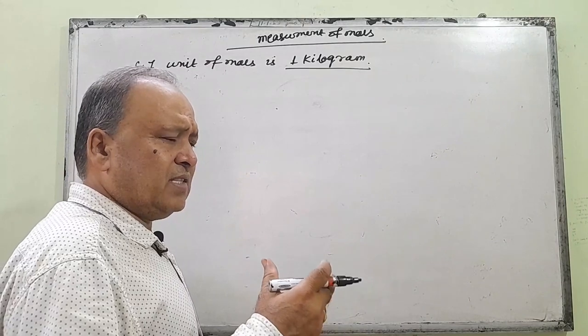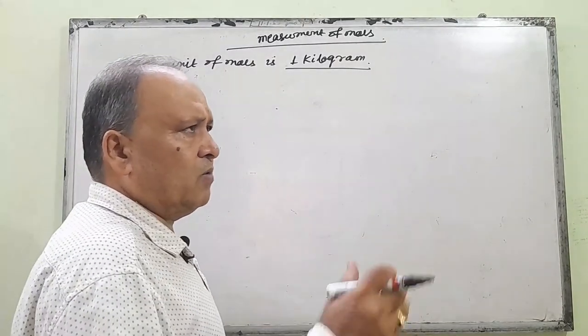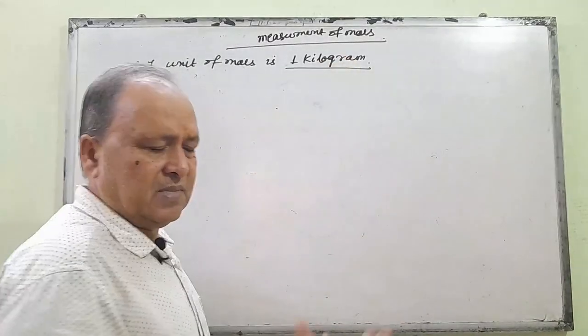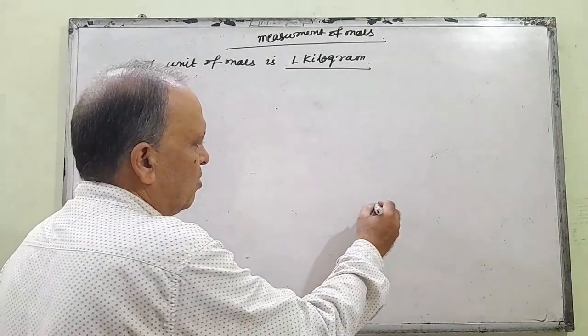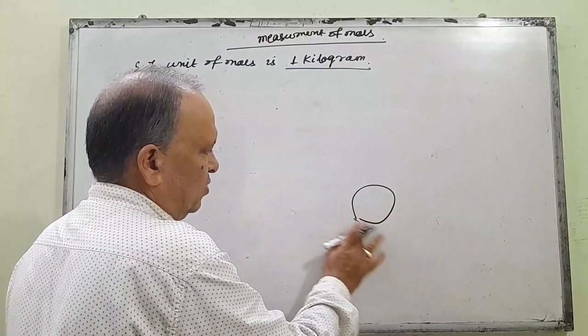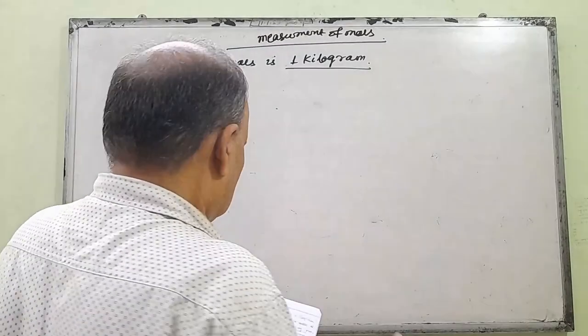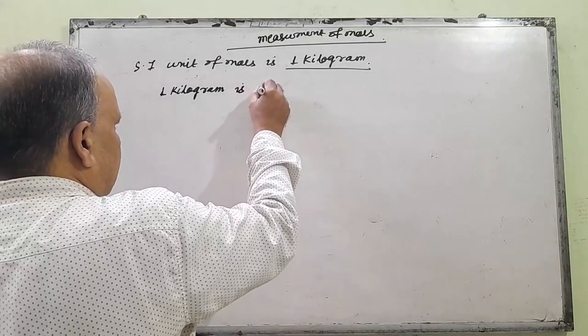When mass is taken as a fundamental physical quantity, its first standard is the kilogram. That means this amount of substance, this amount of measurement, is 1 kilogram. What do you mean by 1 kilogram? 1 kilogram is defined as